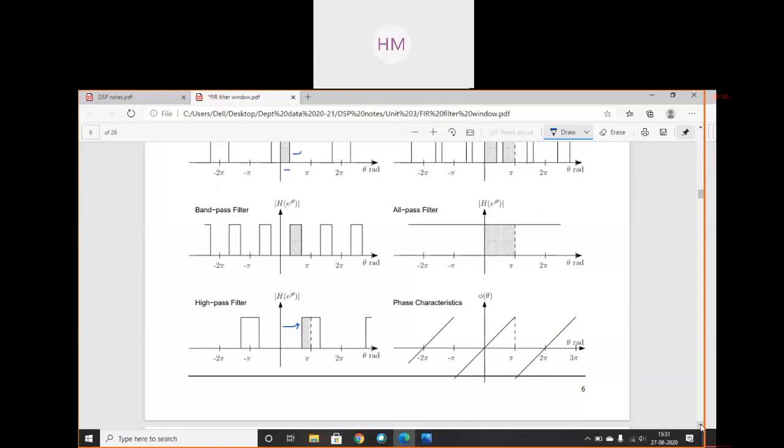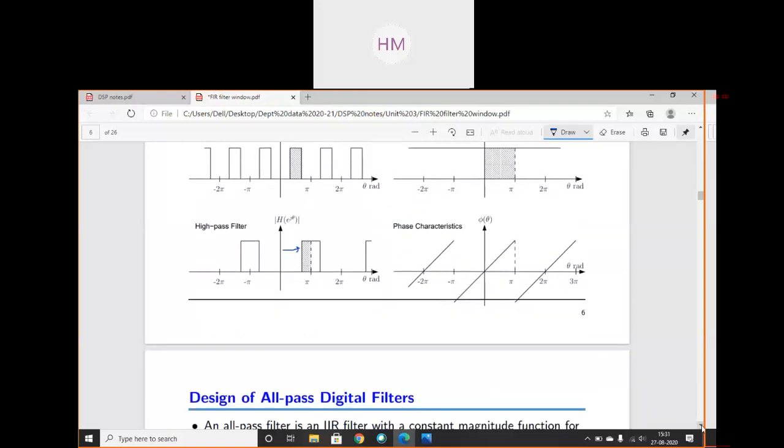Then what is its use? What does it do? Generally these filters are used in telephone communication lines, telegraph lines. It provides a phase delay between input and output. Phase delay is provided, but all the signals will be passed. So all pass filter is a very unique filter in which all the frequencies will be passed. The magnitude will remain the same, just the phase lag will be there between input and output signal. So this is the discrimination of various types of filters.